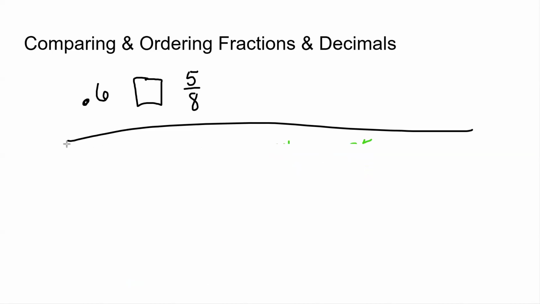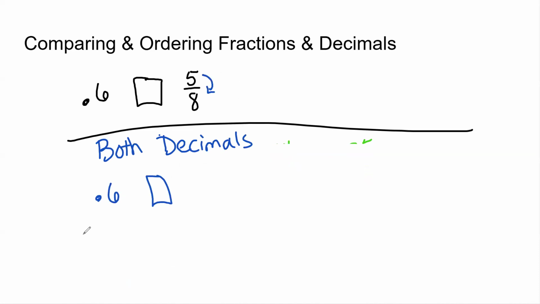Okay, so let me clear that. Let's do both decimals. So 0.6 is already a decimal. Compare, and then do 5 divide 8. So if you're using your calculator, just do 5 divide 8, write down the decimal. If you're not using your calculator, come off to your scratch paper and do the long division. And the decimal for that should be